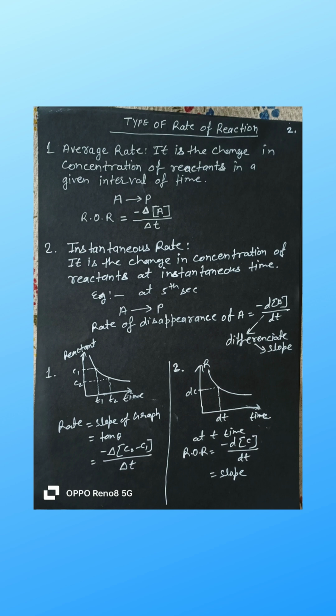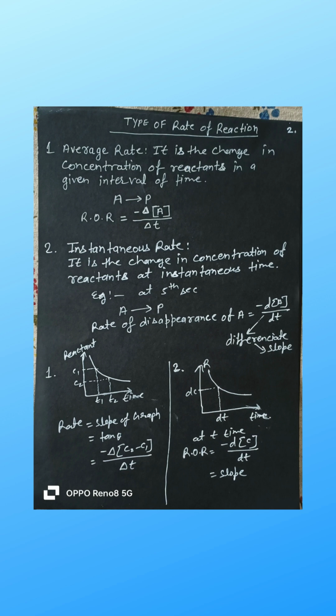Understanding both with graph. Now we come to the graph part, because this is where the whole concept becomes crystal clear. In both graphs, the vertical axis represents concentration of reactant. The horizontal axis represents time. The graph slopes downward because the reactant is decreasing with time. Remember again, rate of reaction equals slope of the graph.